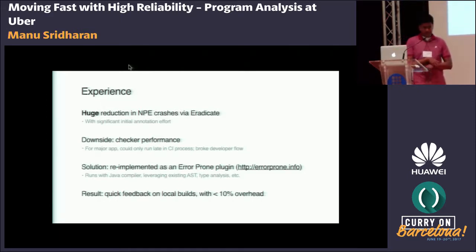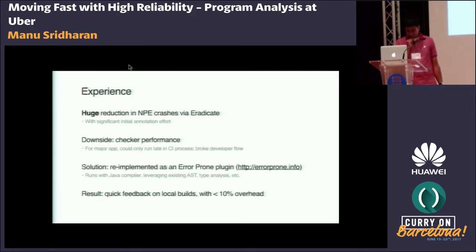The downside was that the performance of the Eradicate tool was not quite where we wanted it. We wanted to keep our master green, which meant 0 warnings. But with the performance of this tool, we actually couldn't reasonably run it on developer laptops. I mean, they could run it, but it would take on the order of minutes, and no one would. So the only time we would enforce these checks is very late in our CI pipeline. And that's not a great experience for developers, right? You have your new code feature, it's gone through code review, almost all the tests have passed, and then a couple hours later you get a null pointer warning. It kind of breaks their flow if they've been moving on to something new.